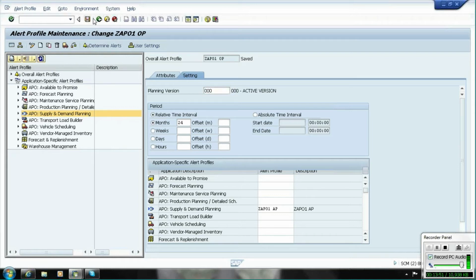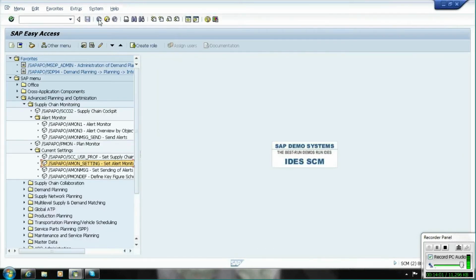Then save. And where do we use that application concern? We don't use that anymore. No, I will show you. Application and overall. Yeah, I will show you. In the application profile,